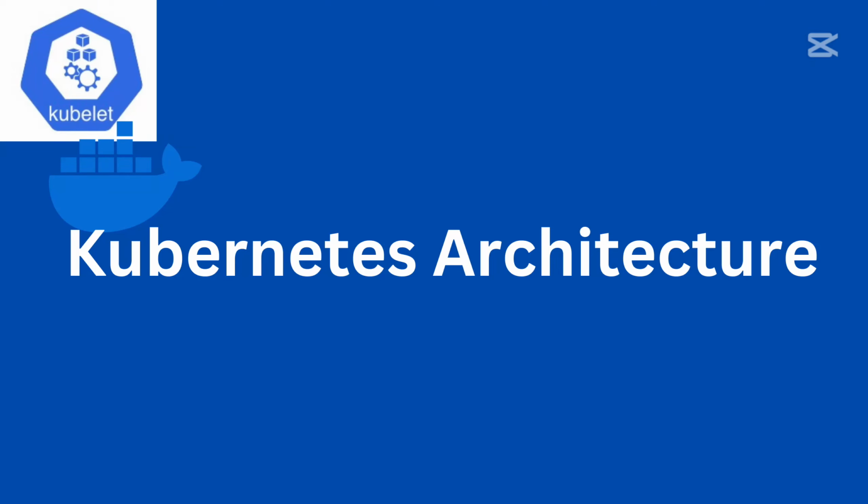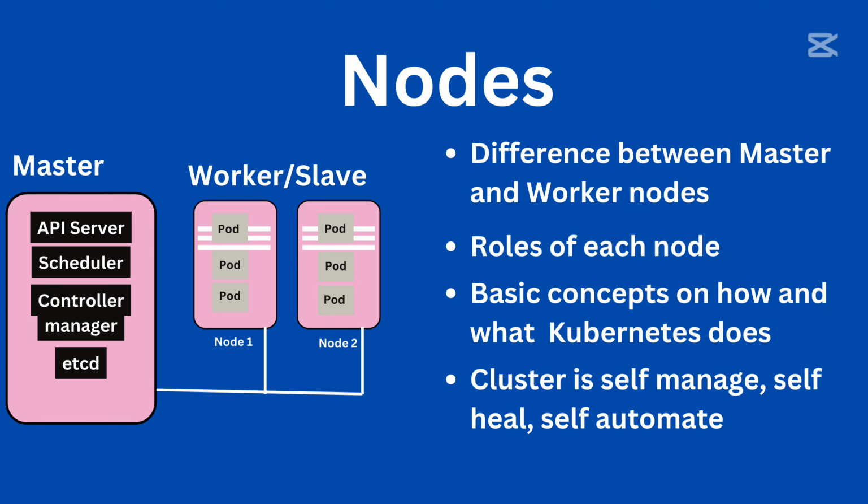Today, we're going to dive into the simplified architecture of Kubernetes. In Kubernetes, we have nodes, and there are two main types, master nodes and worker slave nodes. Let's figure out the difference between a master node and a worker node. We'll also learn about the roles and responsibilities of each node, as well as the basic idea of how and